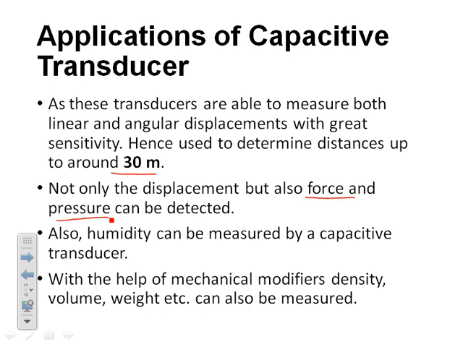So today we discussed the working principle of the capacitive transducer. Depending upon the equation of the capacitance, we can say that by varying either the area of the plate, the distance between the plates, or by changing the dielectric media, we can change the capacitance of the capacitor. Based on this principle, this transducer is working.